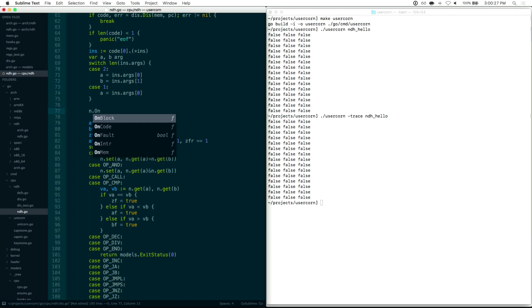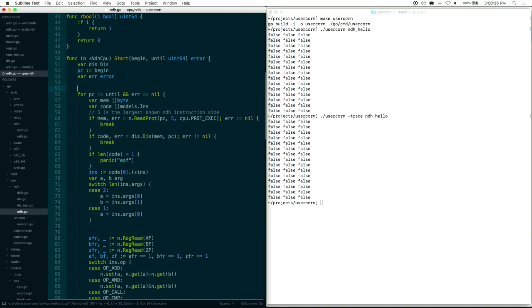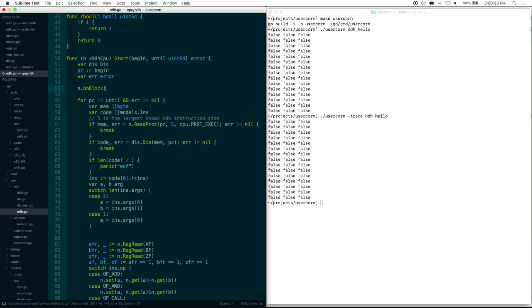in.on, so we have on block, on code, and on interrupt. So on block fires at the beginning of each basic block, which is when the CPU starts, or when we jump, or when we ret. So in.onBlock is going to happen at the begin address. We don't actually know the basic block size, which is the second argument, but it turns out usercorn doesn't really care, so